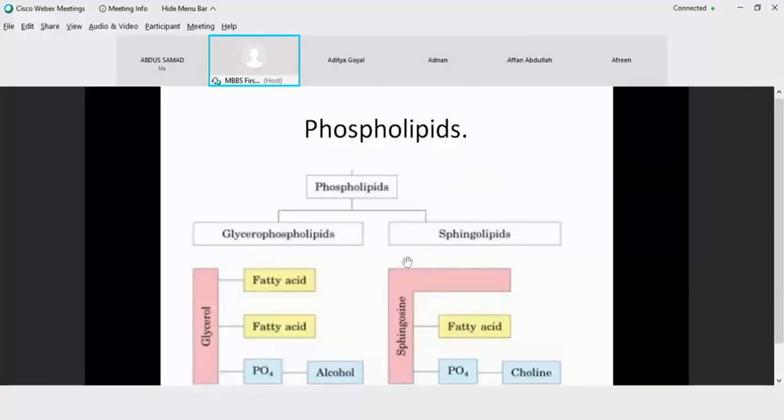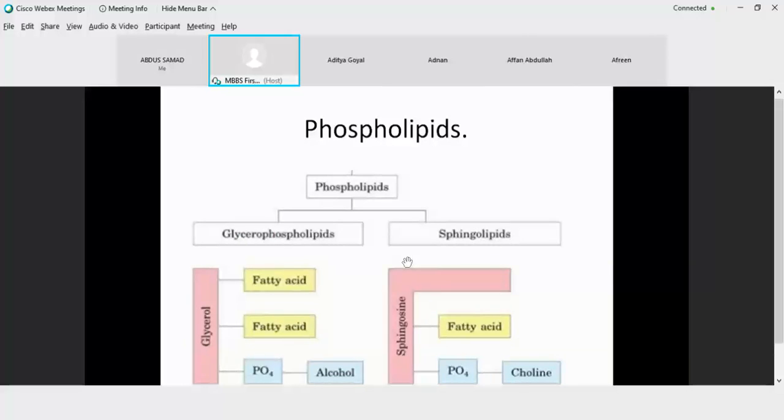Now, as we are discussing phospholipids, right now we discussed a phospholipid that has a glycerol backbone. If you have a glycerol backbone, you call it a glycerophospholipid. Now instead of glycerol, there could be another alcohol known as an amino alcohol, that is sphingosine. If the backbone is sphingosine instead of glycerol, then we call it a sphingolipid. For glycerol, we were attaching two fatty acids, a phosphate group, and a variable alcohol. So this became a glycerophospholipid.